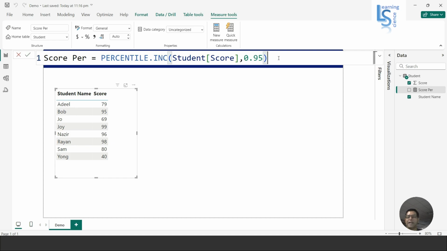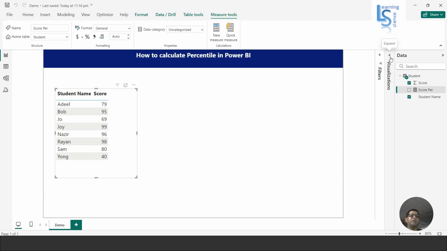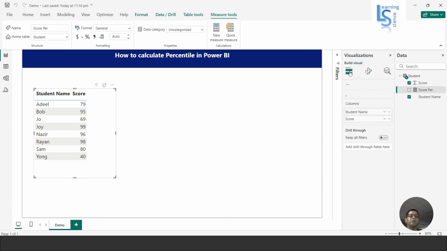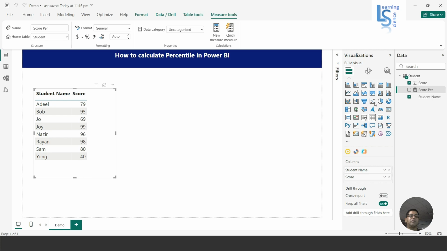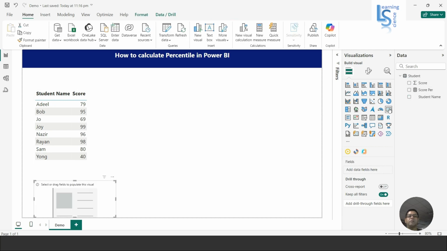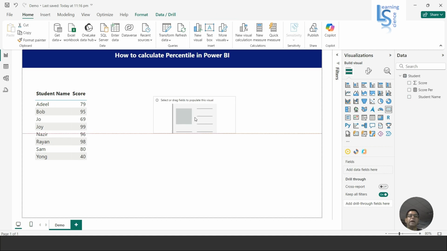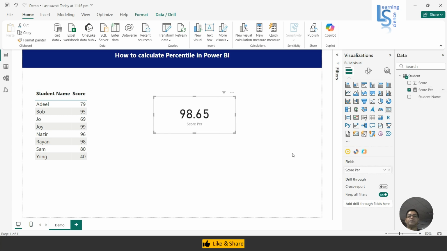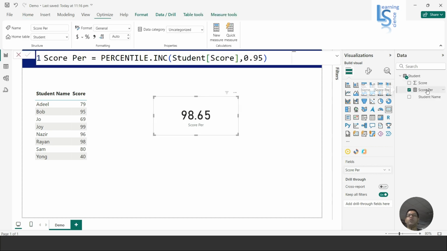and now I will add one data card here, and here I will add score percentile. So now based on this score, the percentile is calculated 98.65. Now we'll see more things, if you want to find out the lowest percentile, you have to just say